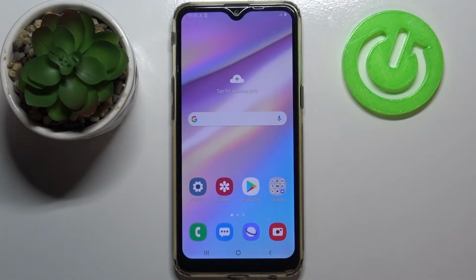Hi everyone, here we've got Samsung Galaxy A10s and let me share with you how to enable call waiting on